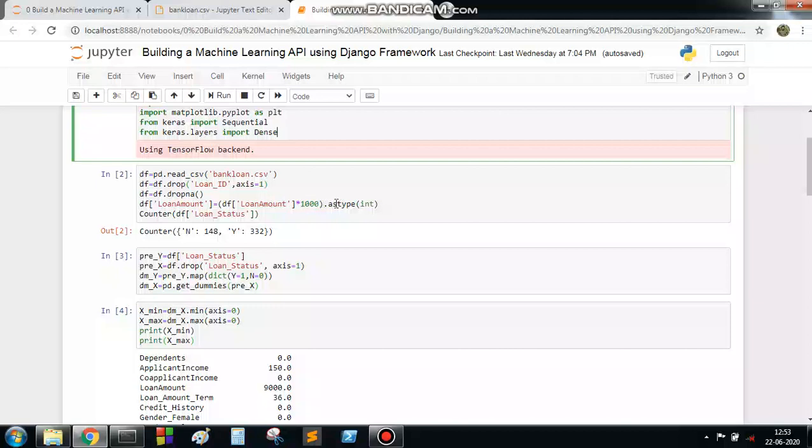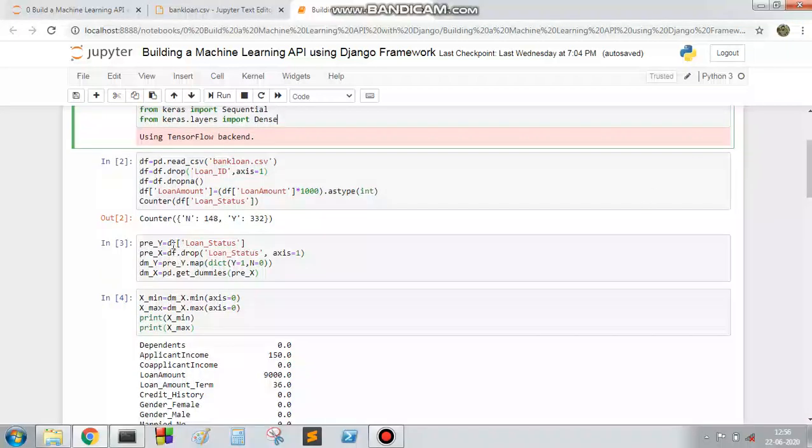And then after that we are converting it to the integer type, and here we are checking whether the data is balanced or imbalanced. In this case, N, meaning not approved, is 148 in number, and approved is 332. So it is a purely imbalanced data.